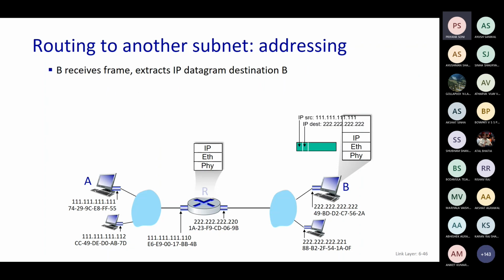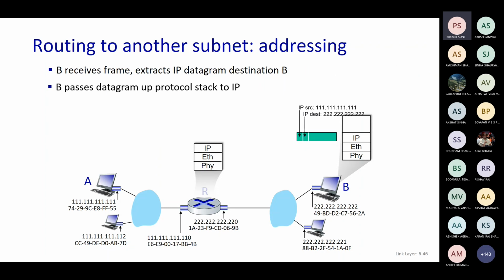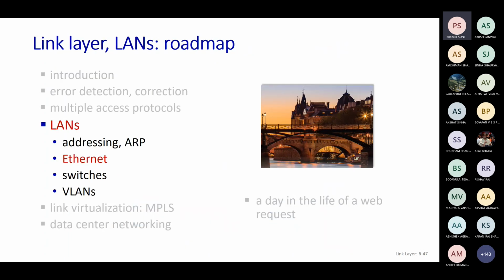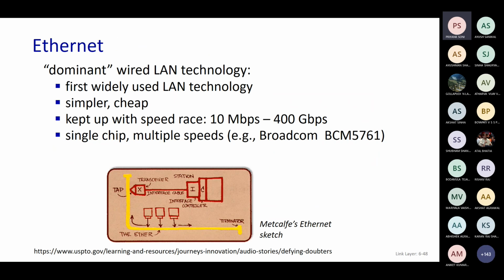And at layer 3, that means the network layer, the frame now reaches as the datagram, and the corresponding source and destination addresses are seen. Then whatever task is to be done on that particular packet is done. Now, why are we doing this? We have seen that we want to uniquely identify a particular interface, or a particular host.